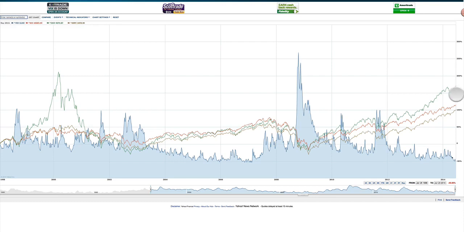And you can see that, of course, just by looking at the Dow Jones, the S&P, and the NASDAQ, you can see in the price charts how much of a bull run we've had in the stock market. Now, at the same time, you can see that volatility has come down to a low point.